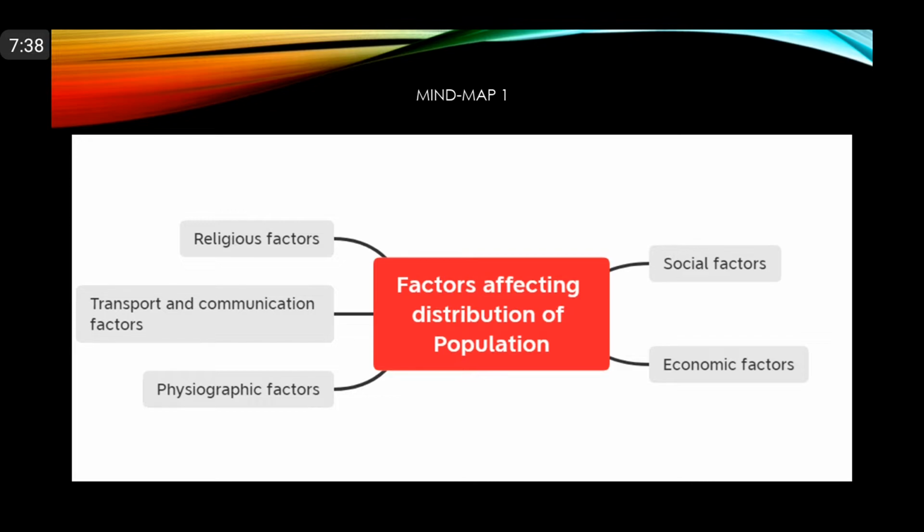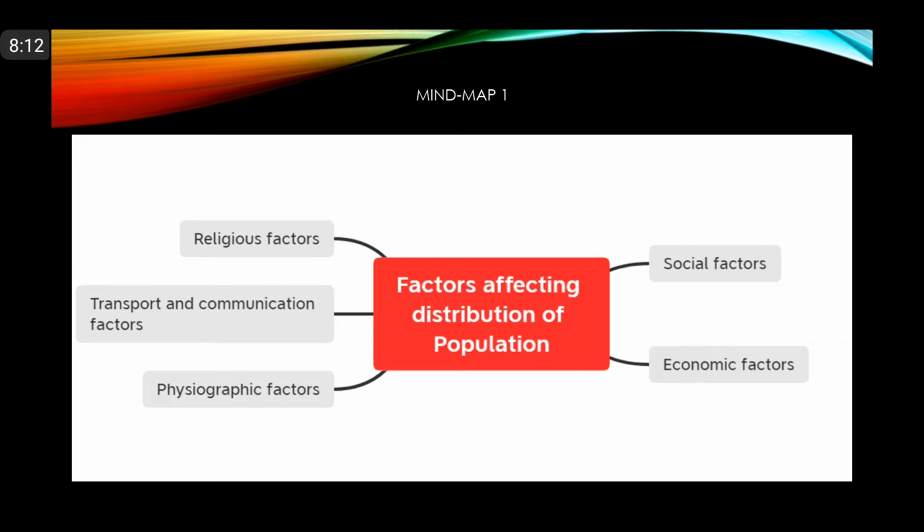Now the second one is minerals. The minerals are unevenly distributed. Few states in our country have a large concentration of minerals, right? Rich deposits of minerals like coal and iron ore have also attracted human settlements. People move to even inhospitable areas in search of precious minerals. Parts of Jharkhand are the best example. Jharkhand and Chhattisgarh have higher densities of population due to this factor.